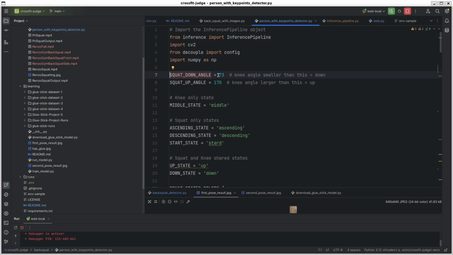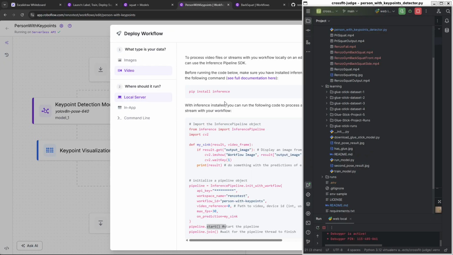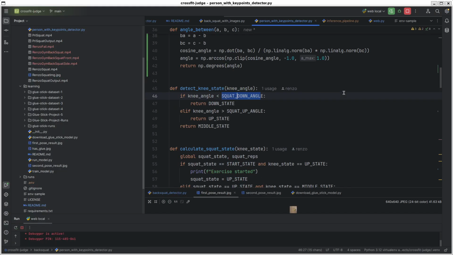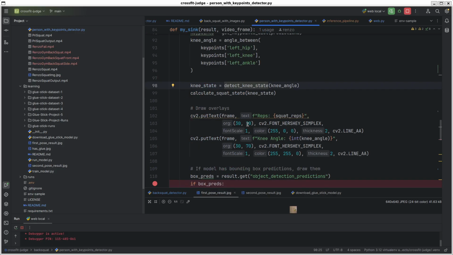So 73 degrees for the down angle, and more than 170 degrees for being considered up. I don't know why my shortcut is not working in here. Okay, now it worked. So you can see if it's less, then I'm going to return the down state. If it's bigger, I'm going to return the up state, and otherwise I'm going to consider the middle one. So those are the basic states that we are going to have for the knee.